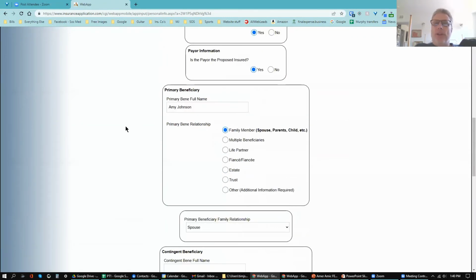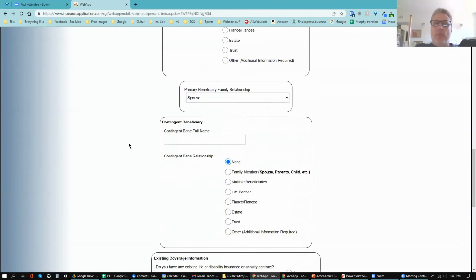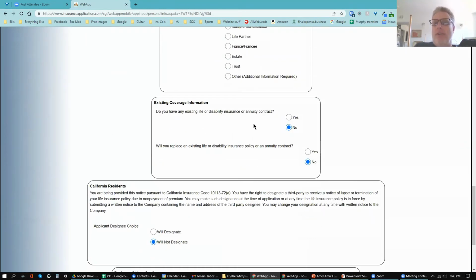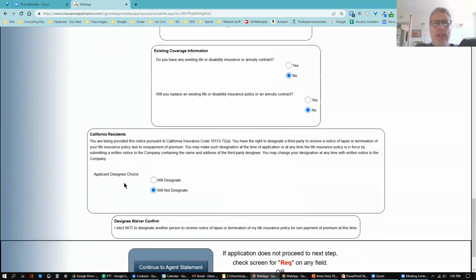Okay, so then you're going to put the beneficiary information in. You can put in as many contingent beneficiaries as you want to. It's going to ask you if the prospect has any current disability, life insurance, or annuity, and if they're replacing anything. So you'll answer those. They have this applicant